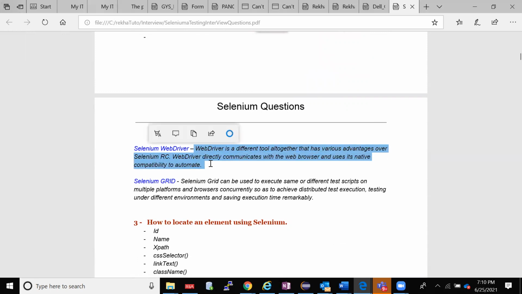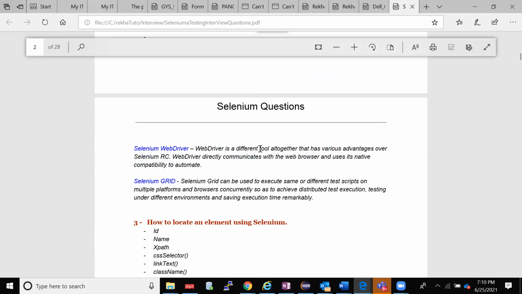What is Selenium WebDriver? Selenium WebDriver is a different tool altogether that has various advantages over the RC. Selenium WebDriver directly communicates with the web browser. So whenever you run your test case which is written, it will automatically communicate with the browser and do things for you: login, logout, whatever functionality you have written in code, it does automatically.